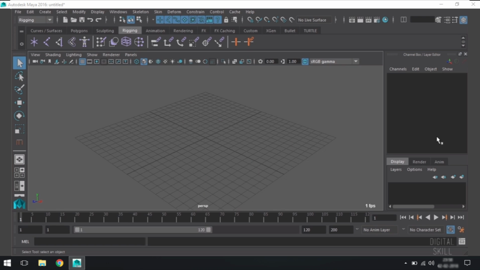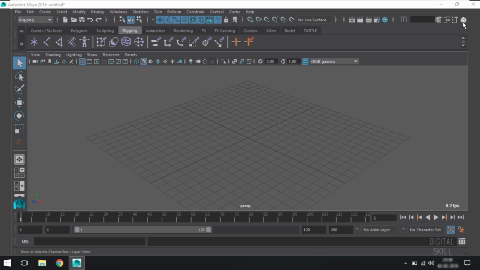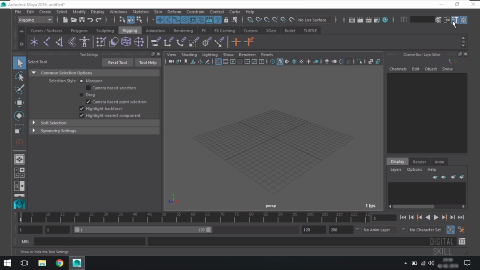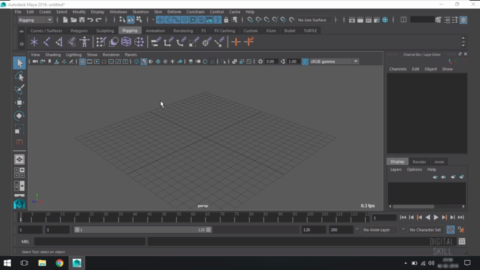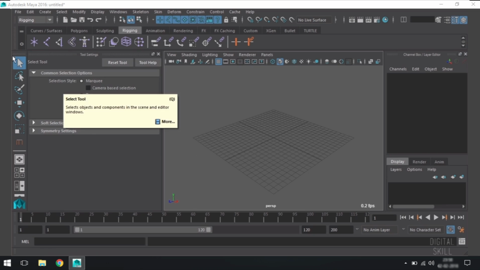Now, off to the right over here, this is where we're going to have most of our editors show up. We have our channel box and layer editor, the layer editor being down at the bottom here. And then we can turn these off by using these icons here. So there's my channel box. Here is my tool settings, and you can tell by that little icon there. And that brings up the tool settings window, which is located on the left side of the screen. And we can X out of that just to turn that off. But it's convenient to have the tool settings show up on our left side